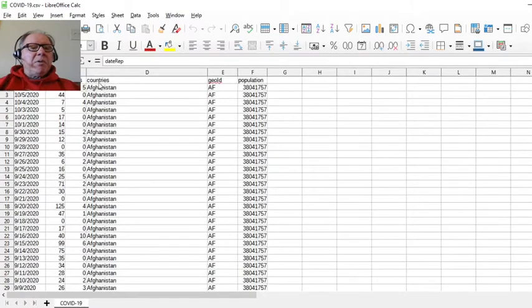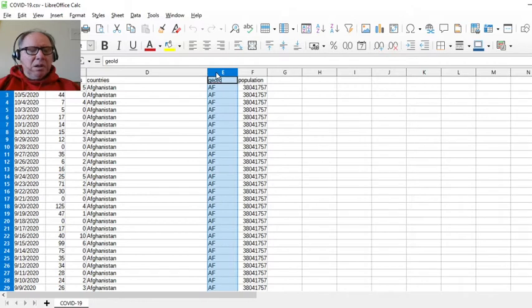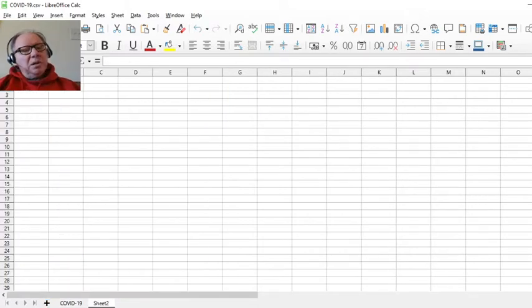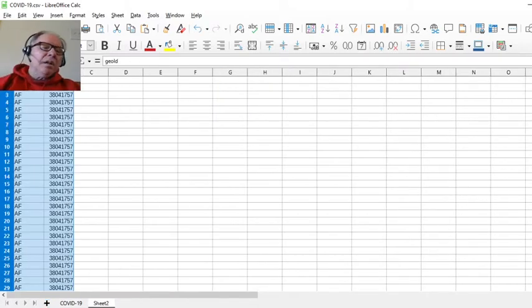So what we want to do is GeoID and population. We're going to put it here. And now if we save this,